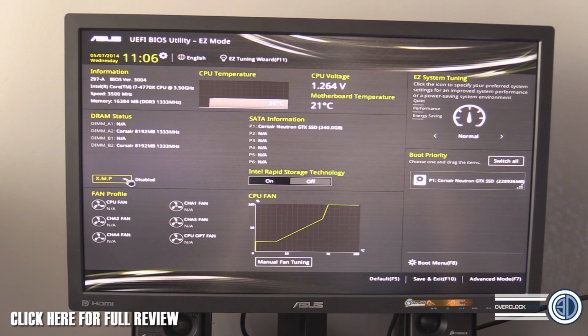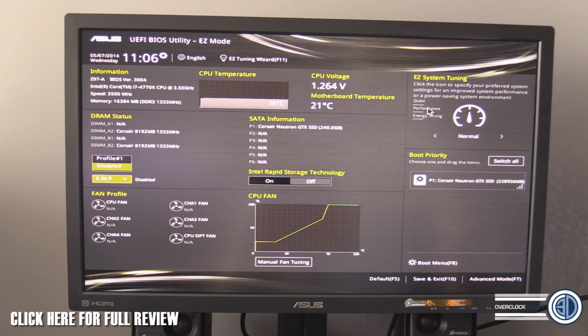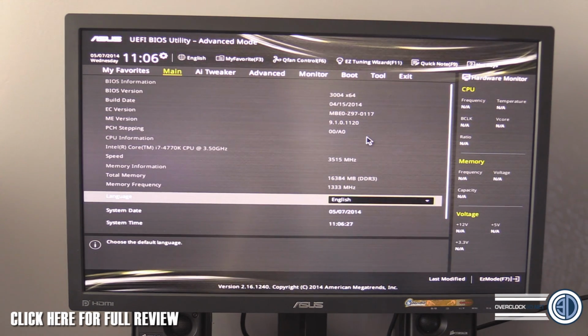XMP you can easily turn on and off here. You've got Intel Rapid Storage Technology access that you can change to here. System tuning up here, quiet, performance or energy saving, you can change up here as well. You can also change the boot priority. If you press F7 though, it takes you into something where most of us are probably more used to,